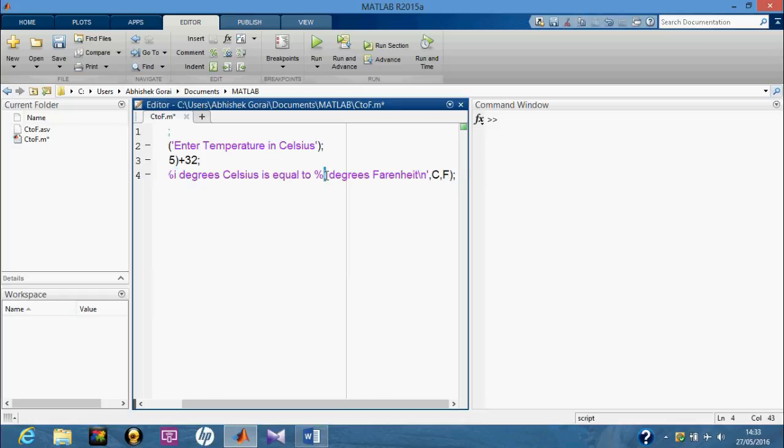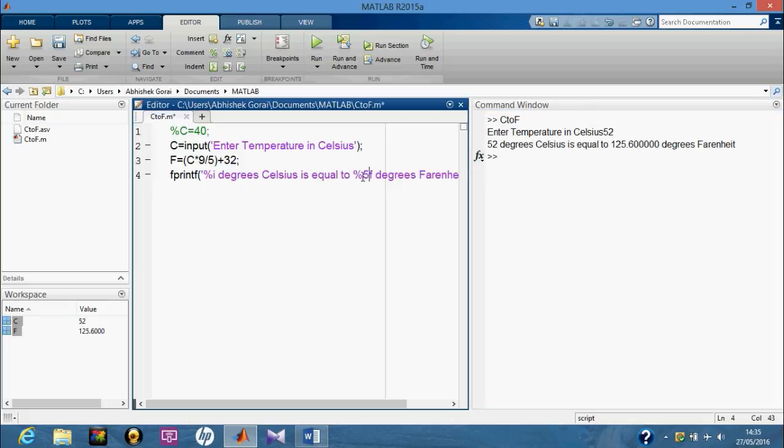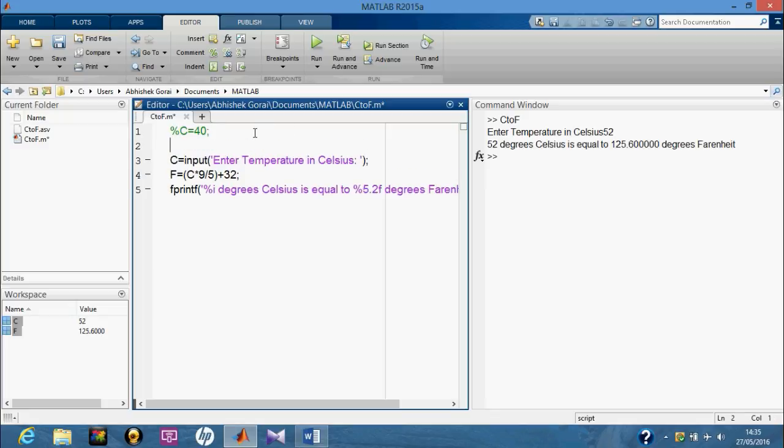Let's change this one to f for fixed point notation. And we'll save it and then run it. More detailed formatting of the notations are also available, like fixing the field size and accuracy. Also, let's put a line on the top using the display function, saying Celsius to Fahrenheit converter. Let's see how that looks.